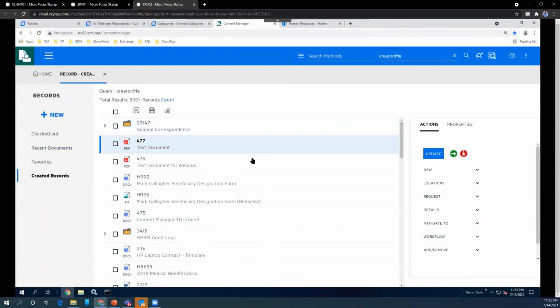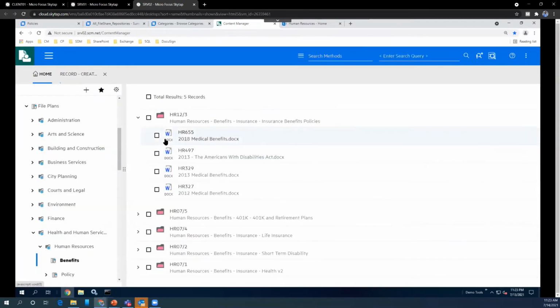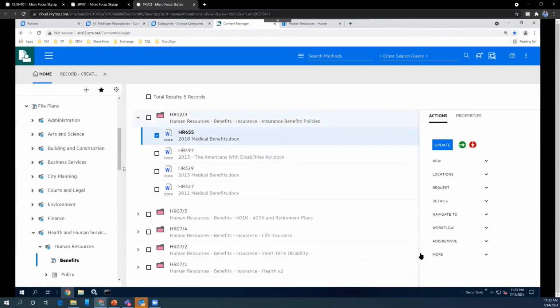So this is how you manage, and you see that we haven't moved the screens. So let's say if I click this document or this record, you see all the actions on the right hand side.